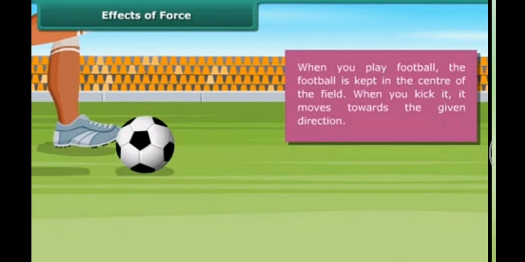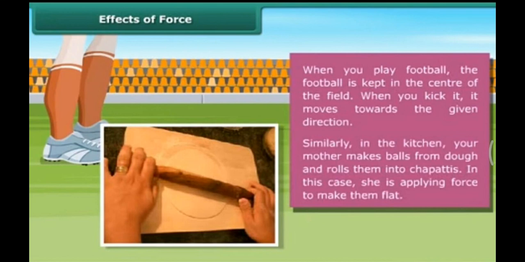When you play football, the ball is kept in the center of the field. When you kick it, it moves towards the given direction. Similarly, in the kitchen, your mother makes a ball from the dough and rolls it into chapatis.